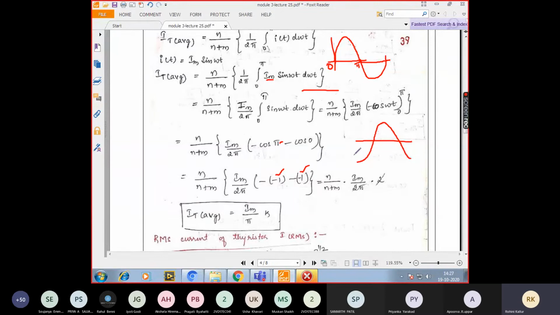Okay. It starts at minus 1 here. So at cos pi, at cos 0, it will be starting with minus 1. So cos pi is minus 1, cos 0 is minus 1. I have one minus already here and one more minus here. So because of which it will be minus into minus, that is plus, and minus into minus, that is plus. So the value becomes what? It is equal to 2. Correct?